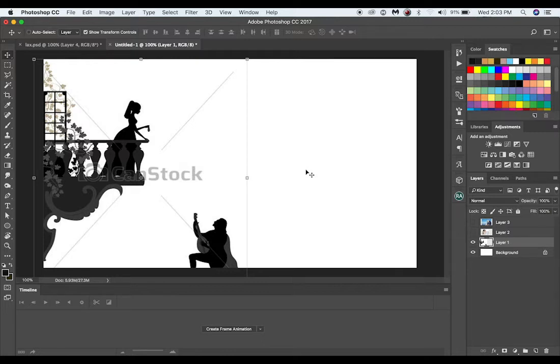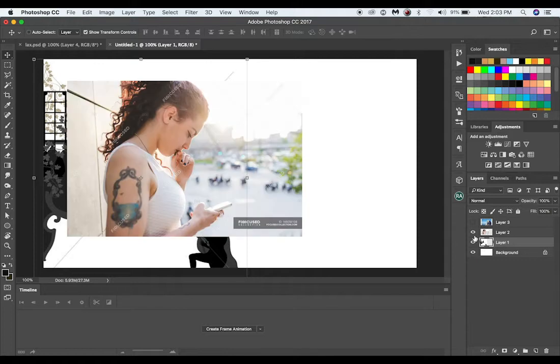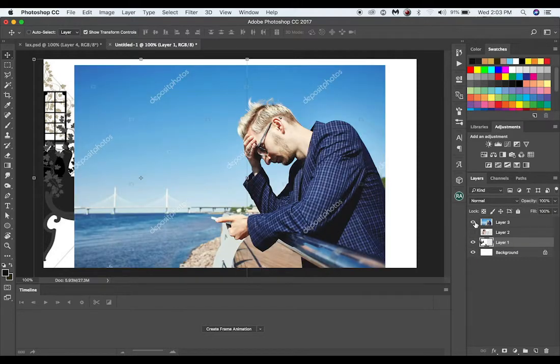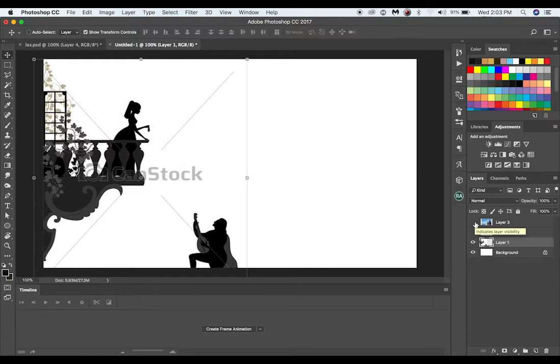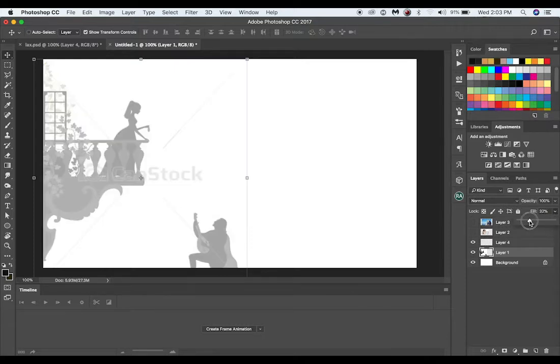I knew I wanted to create like a balcony and like they're texting each other. So I searched for a balcony image, a girl texting and a guy texting. So with that, we are set. So this is what I did. I used the balcony reference to create my own